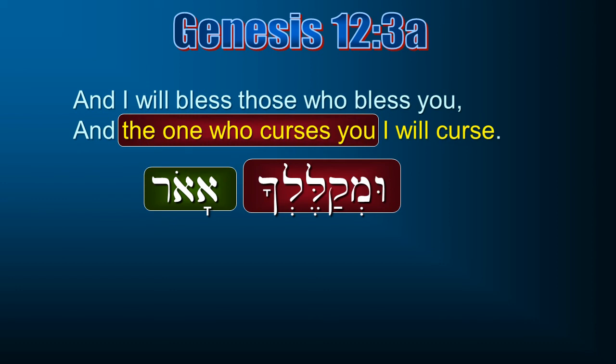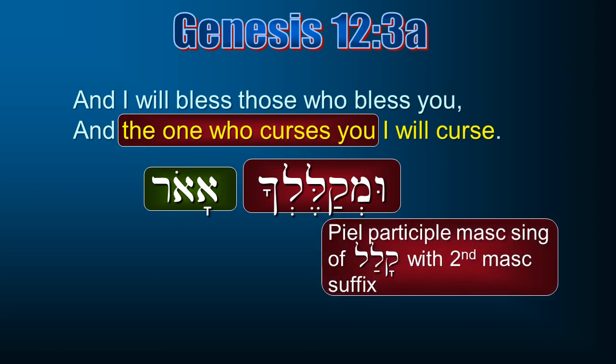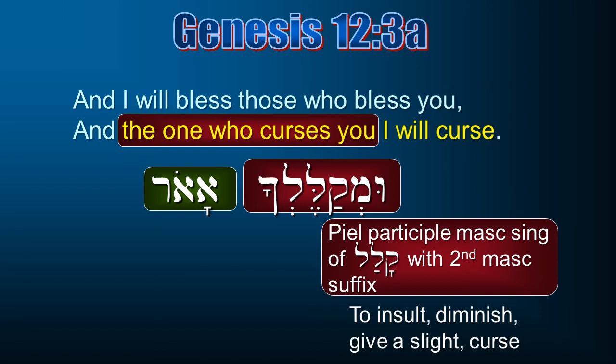kalelka. And it is a Qal participle, masculine singular, of kalal, and it's got a little suffix on the end. That's the part about the one who curses you. Remember, this is a substantive participle because instead of saying it's the cursing one, it's the one cursing you. It's functioning as a noun. It's describing that individual, the cursing one, with the term kalal. Kalal means to insult, to diminish, give a slight. Curse works, but it's a different word